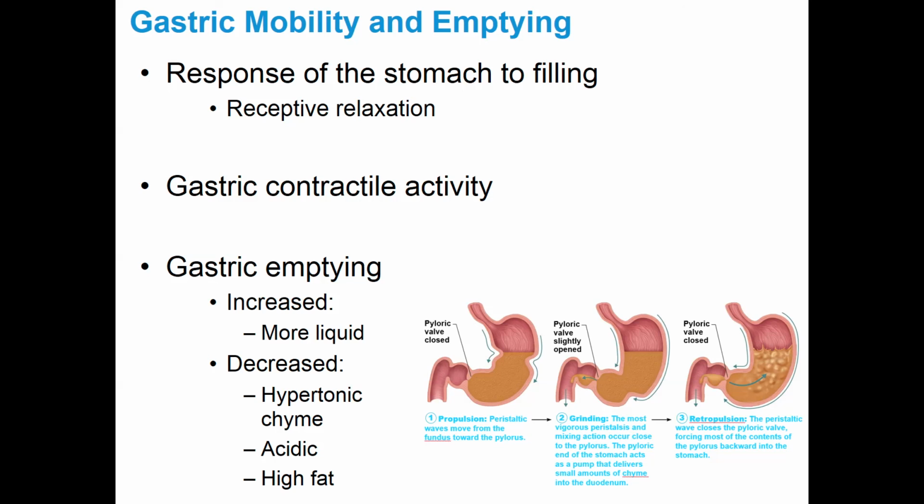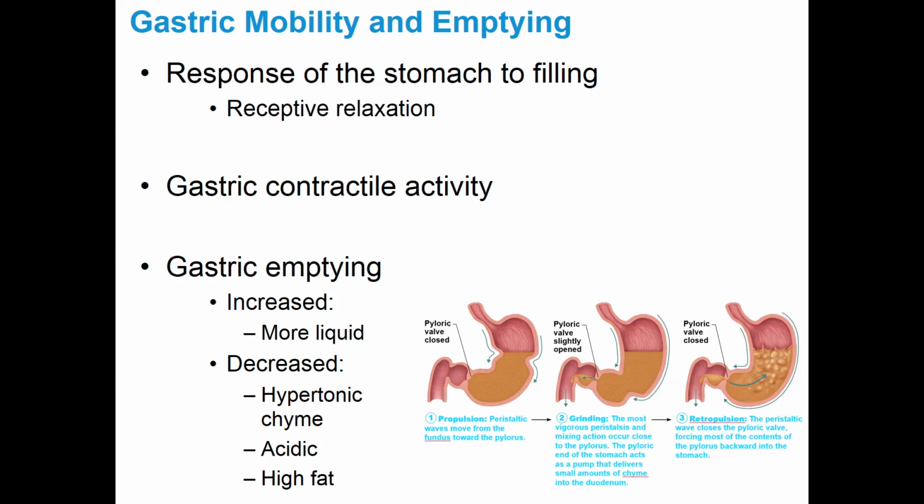And then we talked about the regulation of gastric emptying. And remember, gastric emptying is the rate at which things move from the stomach to the small intestine. So the way to increase that, to speed things up, moving into the small intestine, is to add more fluid. So if you drink more water, then that results in a more dilute chyme that leaves the stomach faster. Things that decrease gastric emptying, or slow the rate at which it leaves the stomach,